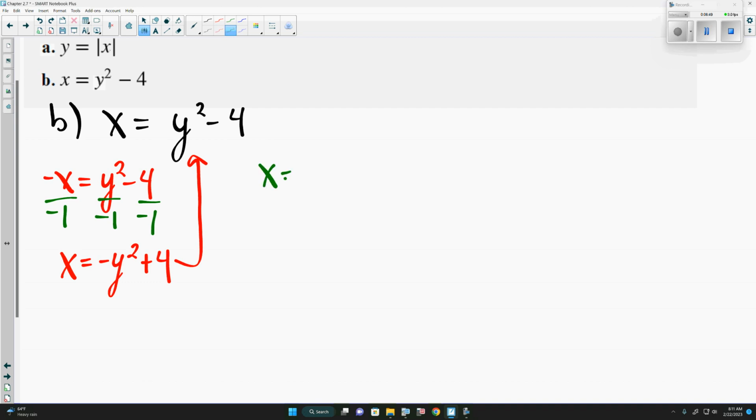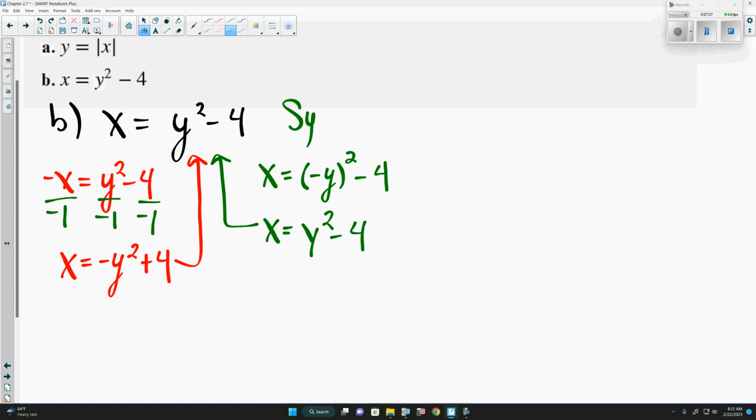So the next one we can try is to see if it is symmetric across the x-axis. If it's symmetric across the x-axis, then replacing y with negative y will give us the same equation. And we'll simplify any place we can. Because negative y squared, negative y times negative y, well, a negative times a negative is a positive, and y times y is y squared, minus 4. Are these two equations the same? Yes. So this is symmetric